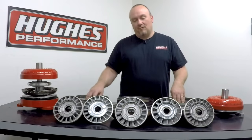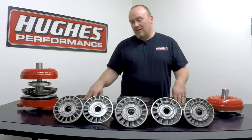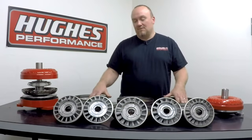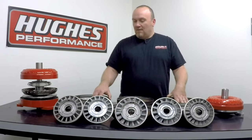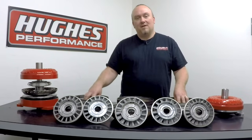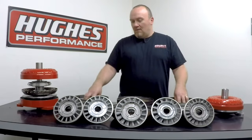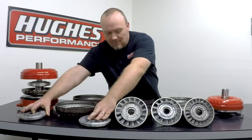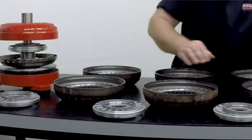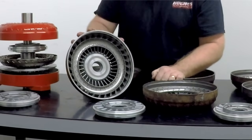It's very versatile because General Motors produced 6 different impeller options with different vane angles, and as you can see, 5 different stator options with different vane counts and vane angles and vane shapes. So we can tune the 245 core to a very, very broad expanse of vehicles, power outputs, and stall speed requirements. Getting into the actual angles and shapes, you can see in the impellers here that starting with the lowest stall impeller that GM produced in this particular core,